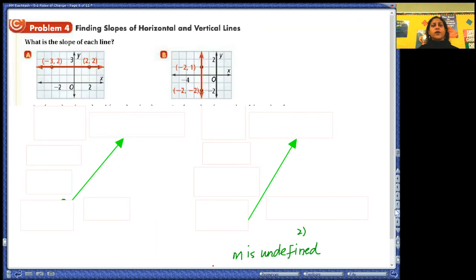The next thing we're going to do is how to find slopes of horizontal and vertical lines. I want you to copy these two graphs and follow along. It says, what is the slope of each line? So two ordered pairs are given to you. You are going to